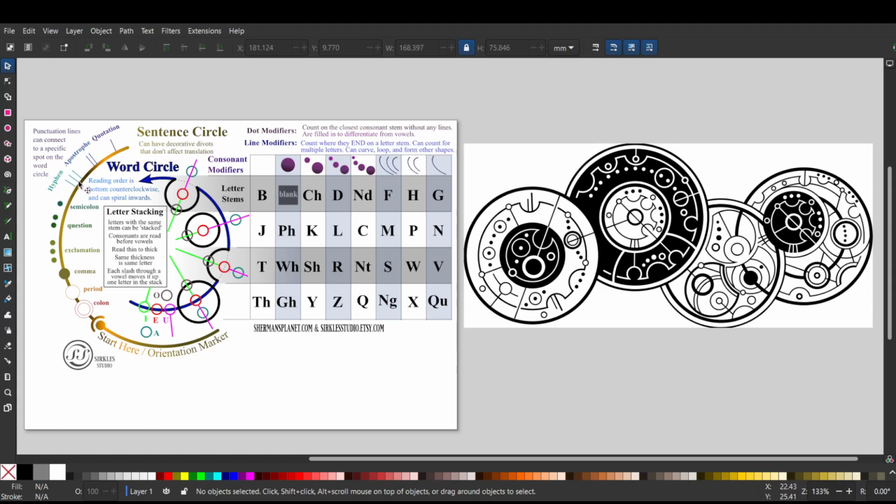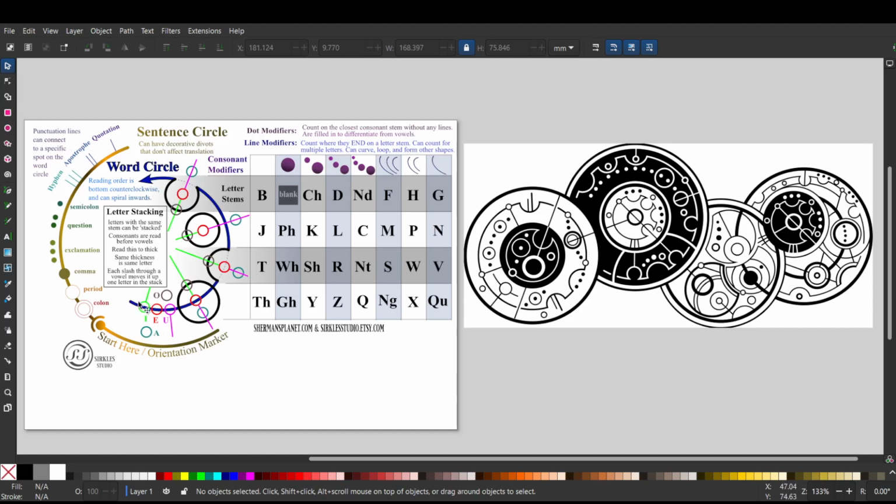So first thing first, the reading order is bottom counterclockwise and it can spiral inward. So bottom, counterclockwise, outer, then inner. So we have our first chunk, second chunk, third chunk, fourth chunk, and the first bit of our first chunk, second bit, first bit, second bit, first bit, and this only has that one bit, and then first bit, second bit. So when you're reading the letters themselves, we start with the word circle, which this line here is